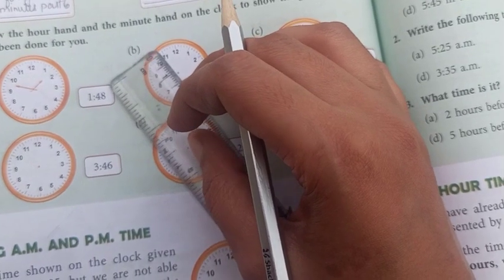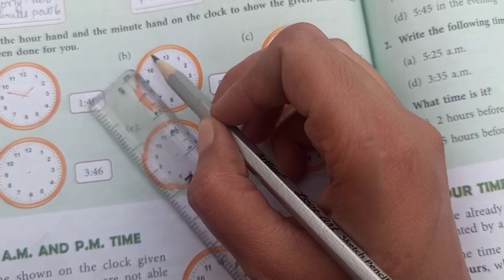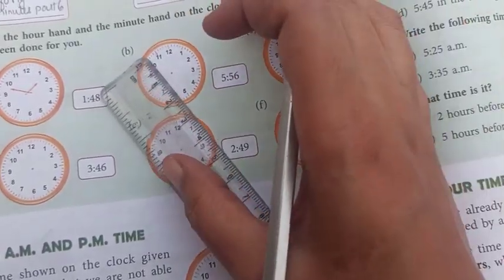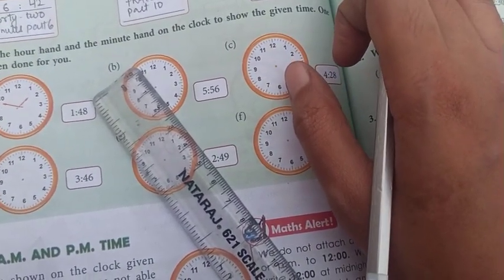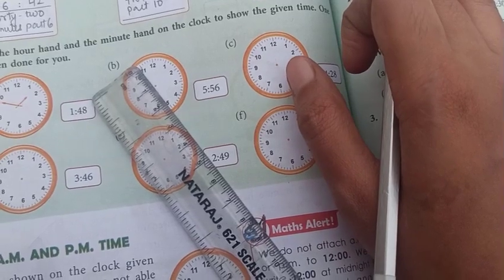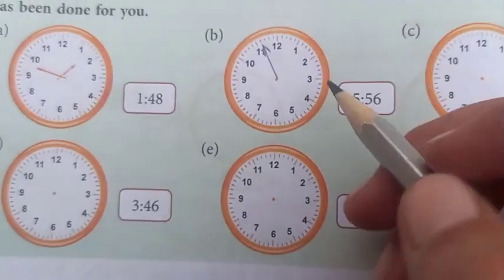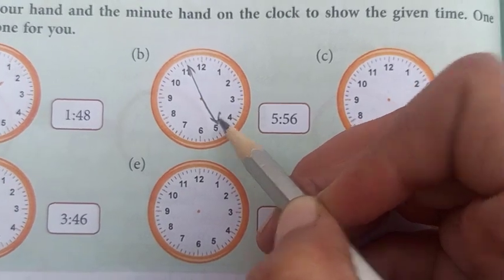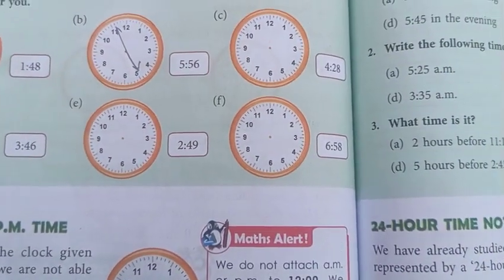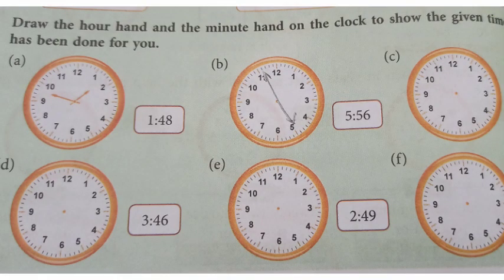Now I think you got it, how I am drawing it. Just after the 11th mark is where? This one. After that the first division is coming, that will be your 56. Why so? Because the 11th mark gives you 55 minutes. That's why one more subdivision after that will be taken as 56. And for showing our hour hand, you have to just draw between 4 and 5. Near this you have to draw. So this is your 5:56. Now I hope you have got the idea. Rest C, D, E and F parts you will do yourself.